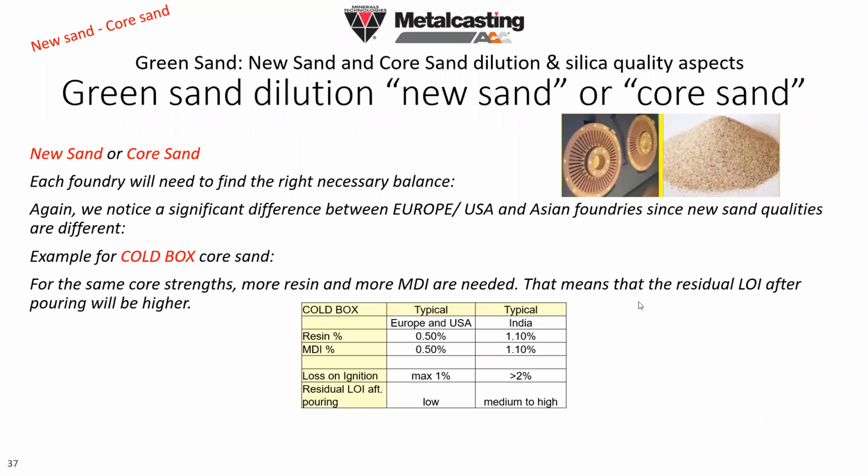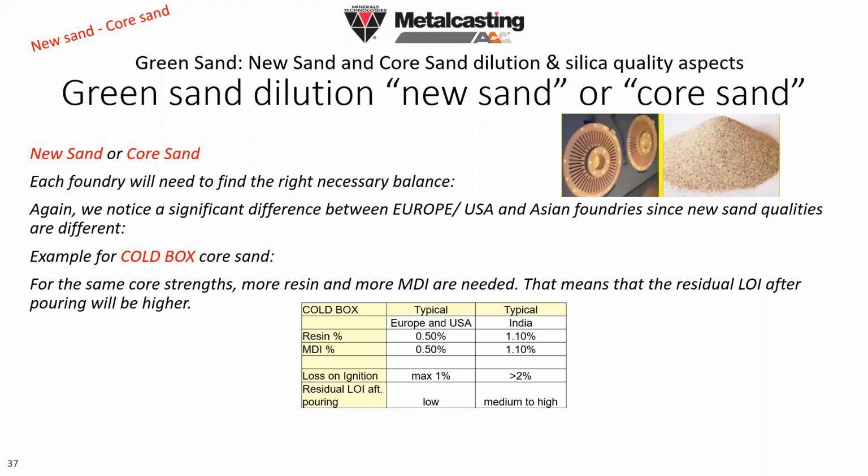concentration. In India, for example, for typical Indian sand, you will need more than double the resin quantity and MDI quantity. That means you will have a loss on ignition above 2%. What does it mean? It means that the residual LOI after pouring is low in this case, and is medium to high in the case of high LOI due to resin and MDI. So the residual LOI after pouring can be higher and may change the way you need to dilute new sand and coarse sand